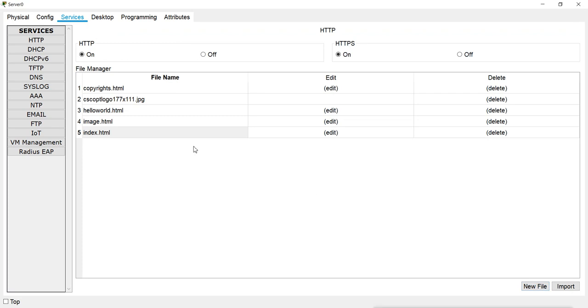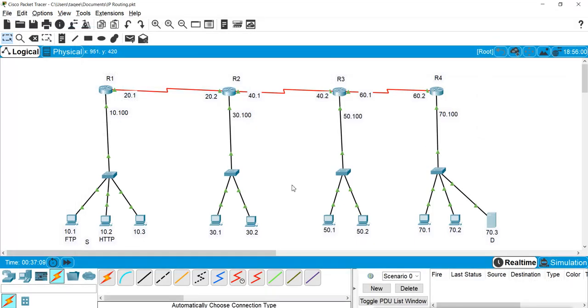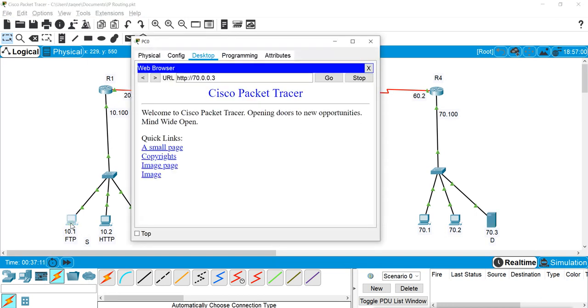So this is the main file, this is the image file, we have this image here, this is copyright HTML. So these are the pages we are seeing on that host. So on this host, what we are seeing here is coming from this server.